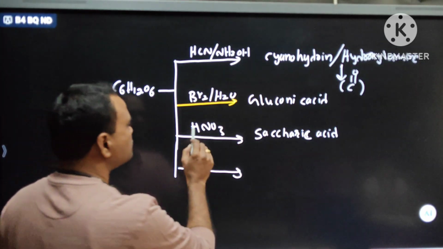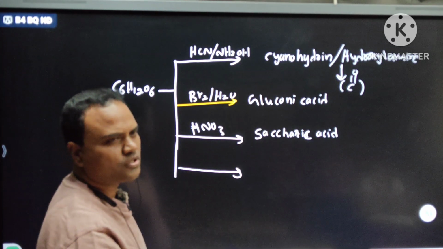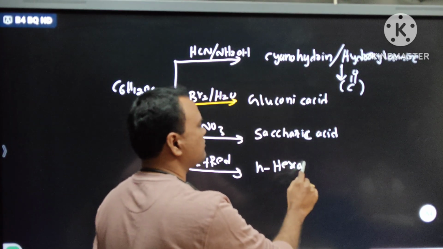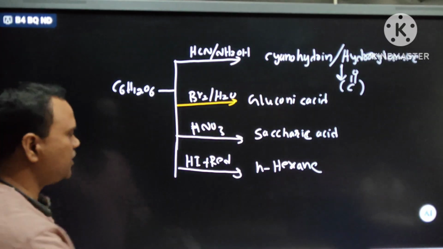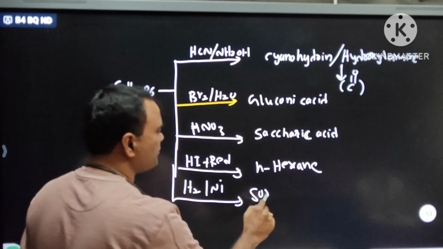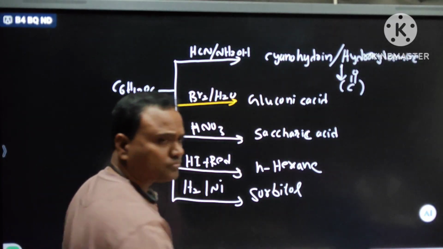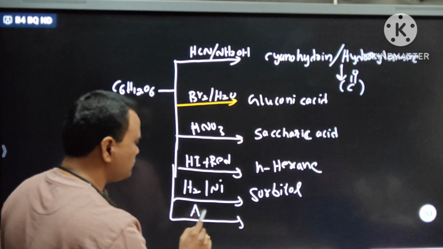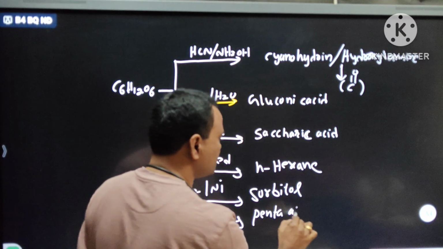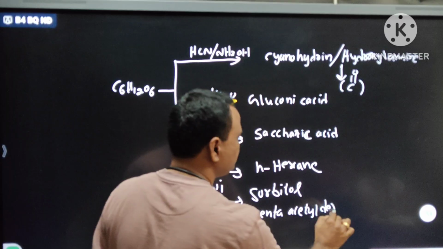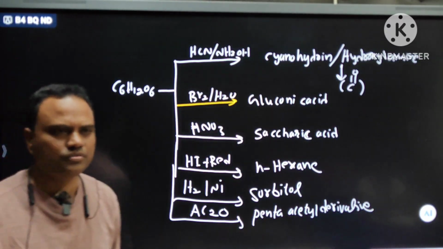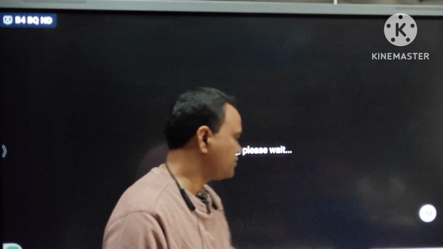Okay. HNO3: primary alcohol is converted to COOH. Product name. With HI, it gives n-hexane. And when it is treated with H2/nickel, sorbitol. With Ac2O, acetic anhydride, it gives penta-acetyl derivative. That we completed in the last class, right? Okay. Next,